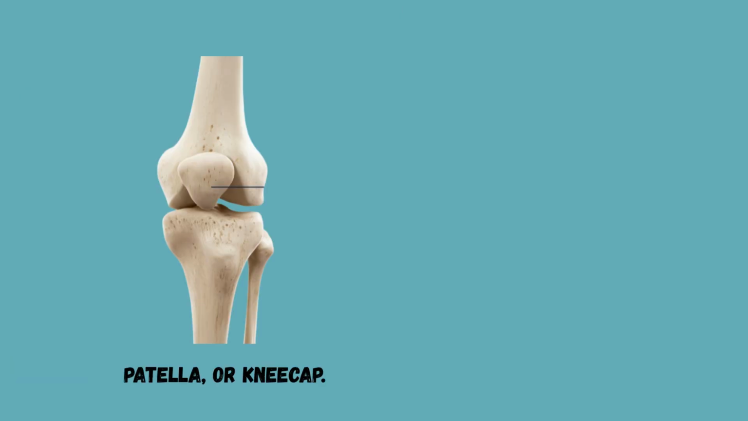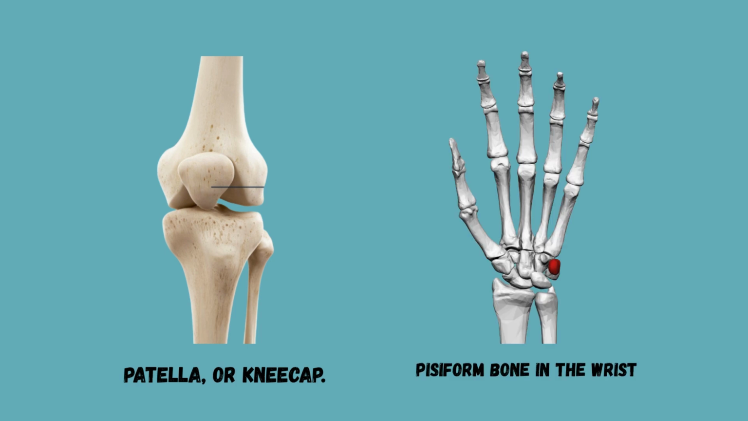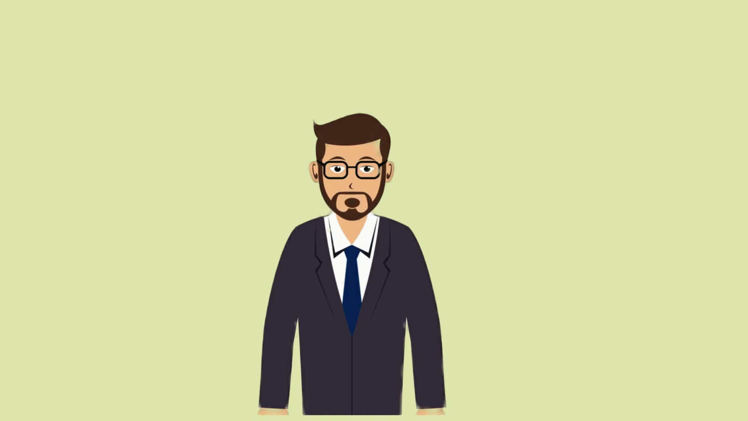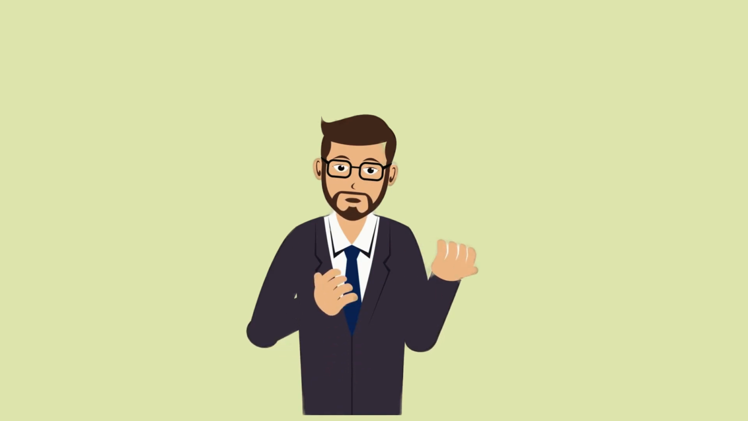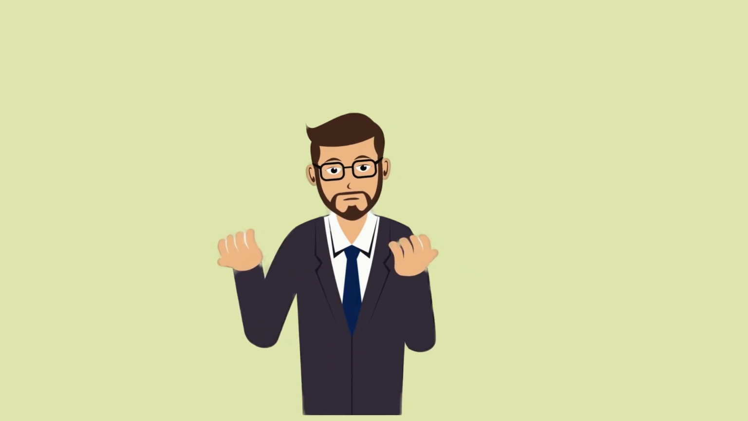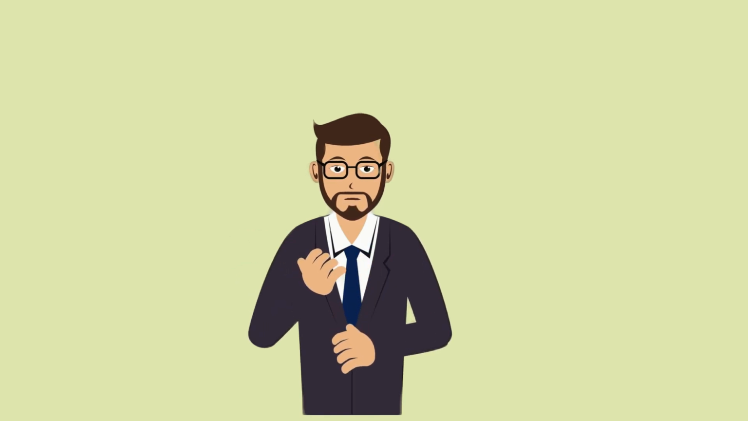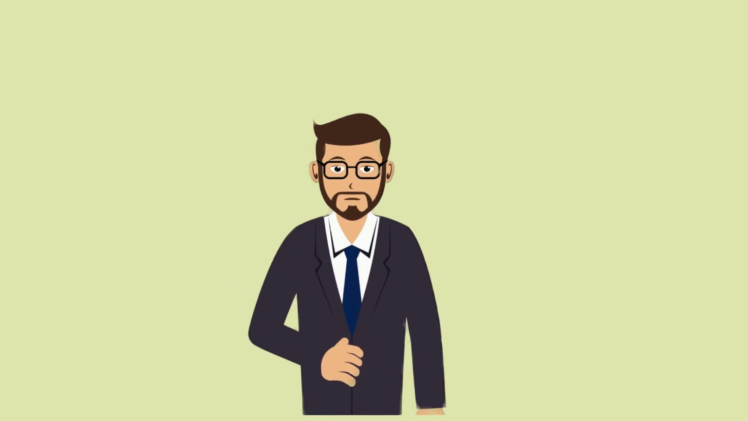The best example is the patella, or kneecap. Another one is the pisiform bone in the wrist. They're small but super important for smooth movement. So, friends, that's the complete morphological classification of bones: long bones, short bones, flat, irregular, pneumatic, and sesamoid bones. Each one has its own shape and